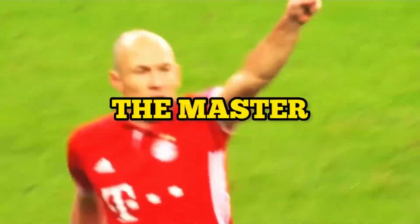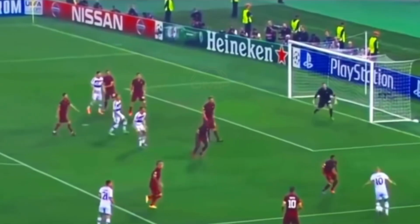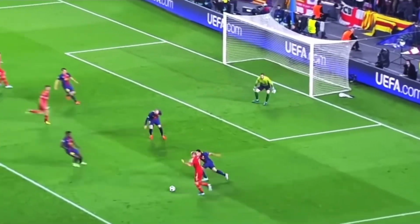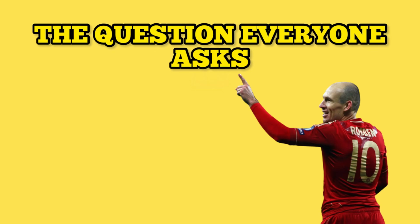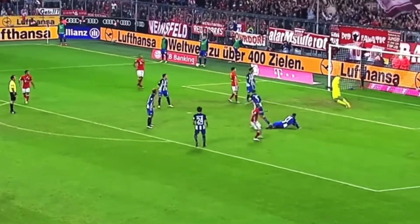Arjen Robben, the master of cutting inside, one of the most famous trademarks in football. A phenomenal left foot that screams danger to the opposition whenever he makes a 3 yard move to shoot. And the question everyone asks, how did he replicate the same predictable skill again